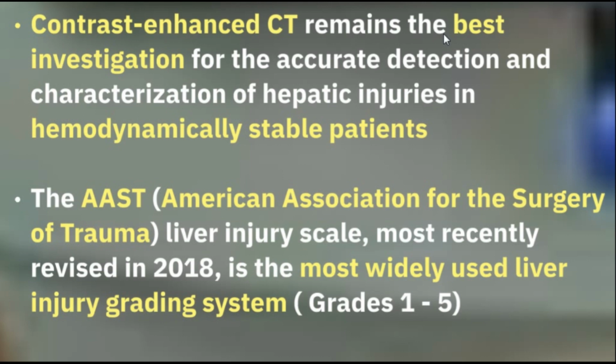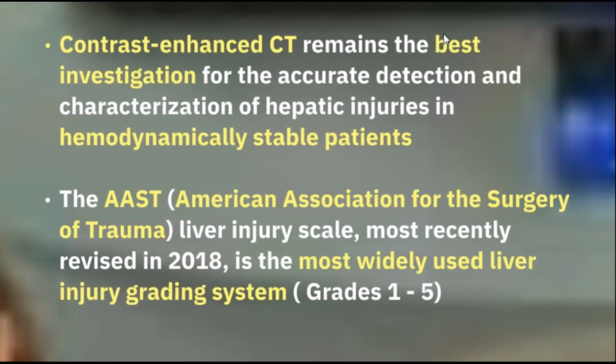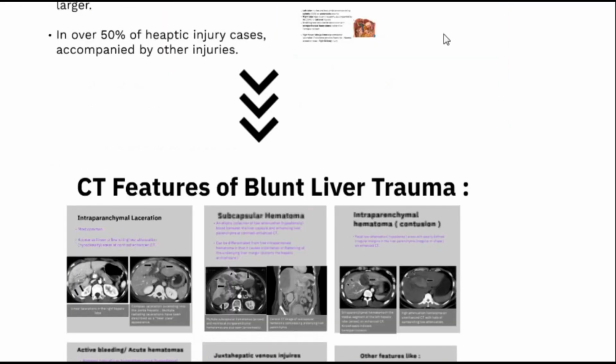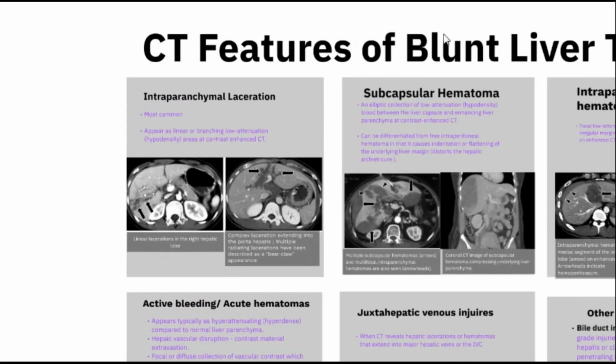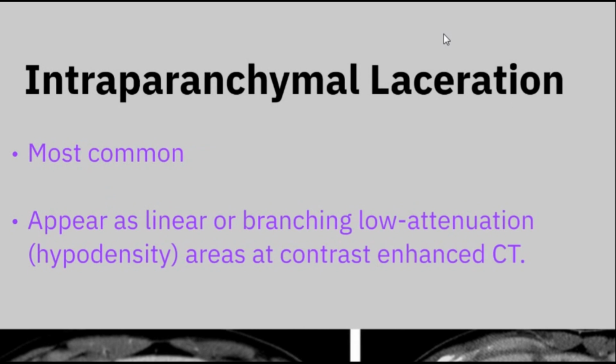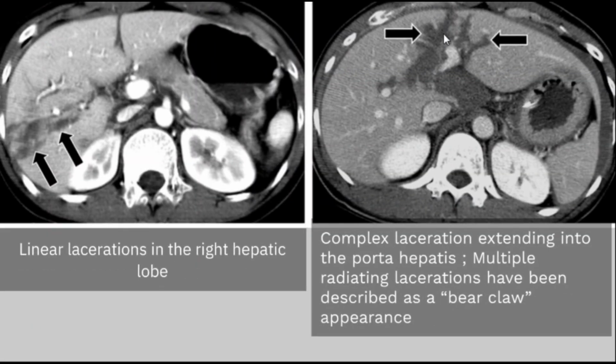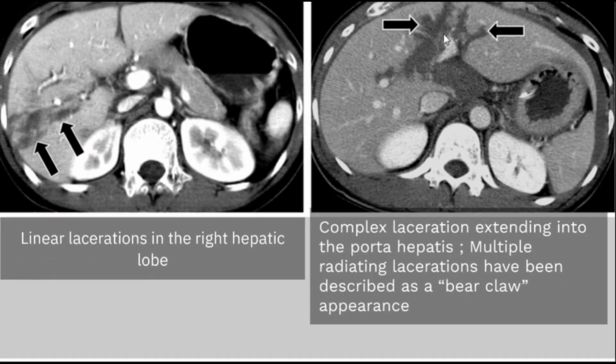We will also cover the splenic injuries, which are also graded 1 to 5. But before diving into the AAST grades for liver injury, let's see what the CT features are when you look at hepatic injury. Of course, we could have intraparenchymal laceration. Intraparenchymal laceration on contrast CT scan